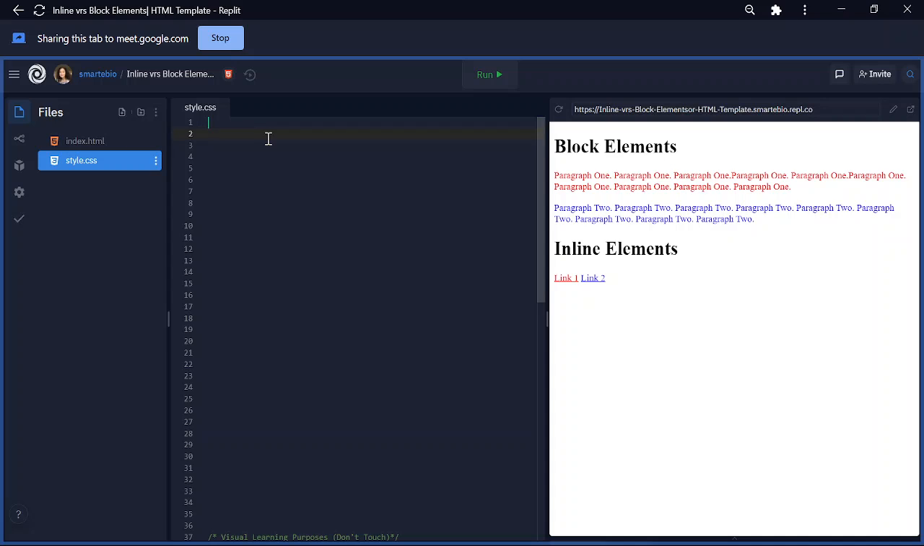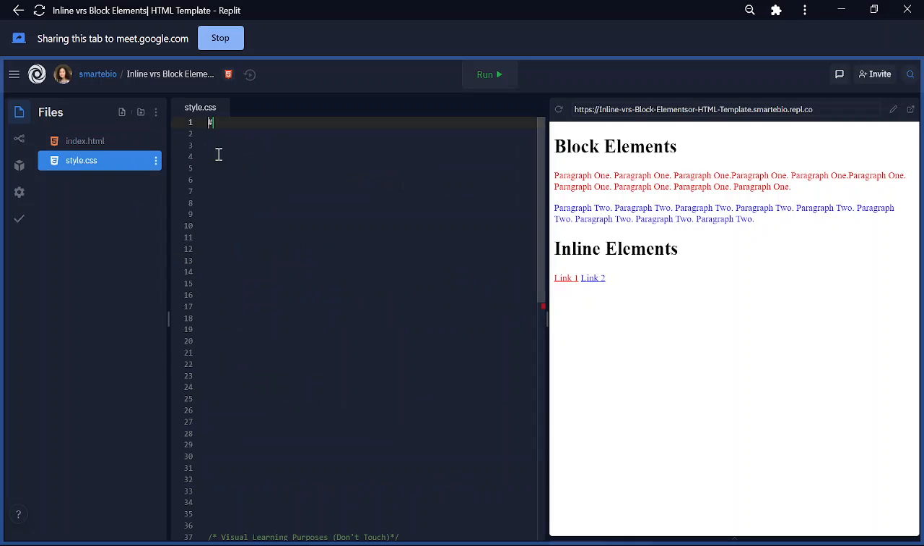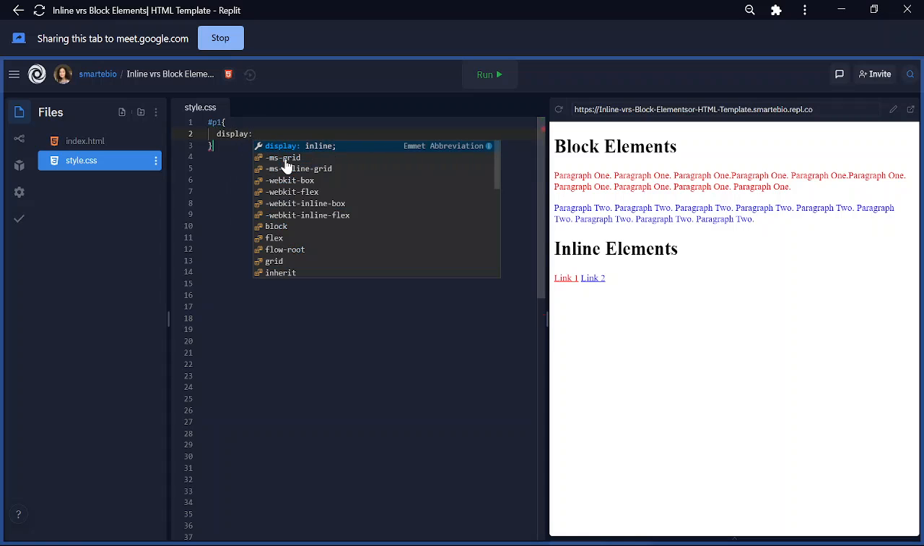So for example, for the block elements, we could change the paragraphs to be inline elements so that paragraph 2 starts in the same line as paragraph 1, or where it leaves off. So the way we do this is we target, oh wait, if you take a look at index.html, I actually added an ID. For paragraph 1, I did P1, for paragraph 2, I did P2, and for the links, I did link 1 and link 2. Okay, so that's where I'm getting that from. So again, when we target IDs, we use hashtags. So I'm going to do paragraph 1, brackets, and then inside I'm going to use this property called display. I'm going to set the display equal to inline